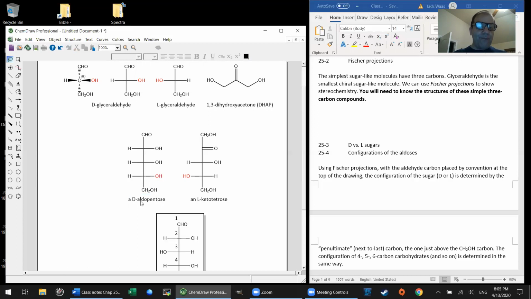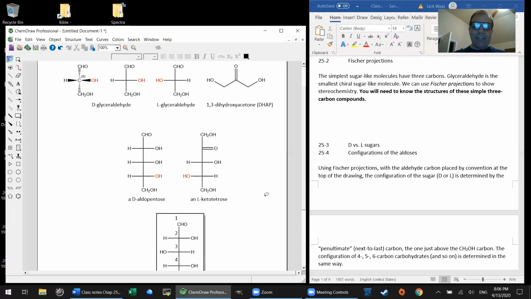And we would identify this as an aldose because it has an aldehyde functional group in it. And so all told, this would be a D-aldopentose. So you can see how that breaks down. I have no idea what that compound is, but I know it's a D sugar. I certainly would expect you to know that as well. I know that it's an aldose because it is an aldehyde functional group. And it's also a pentose because it is 5 carbons total.